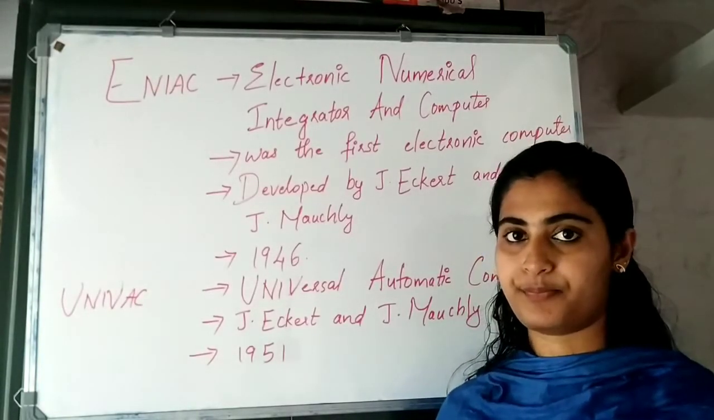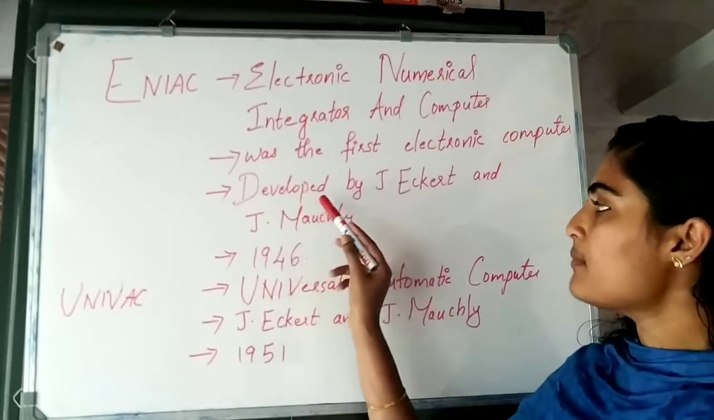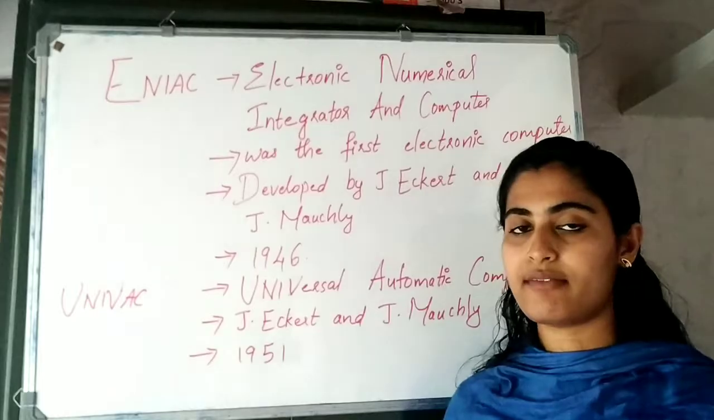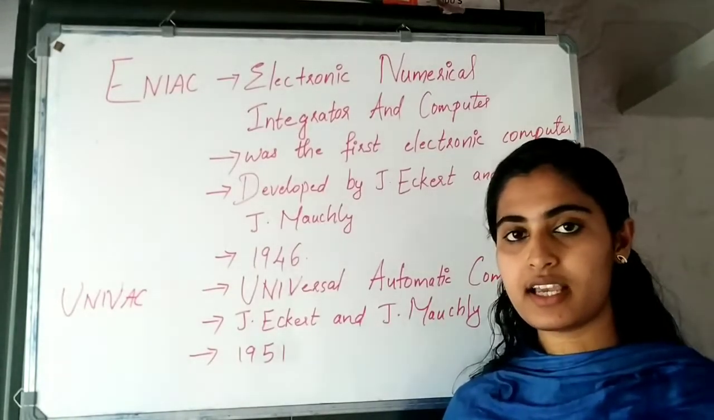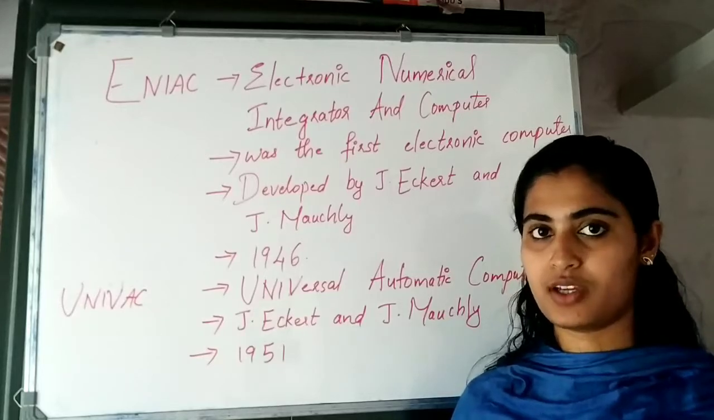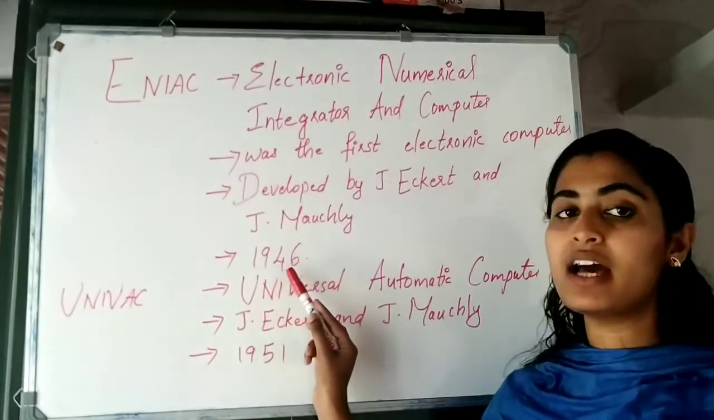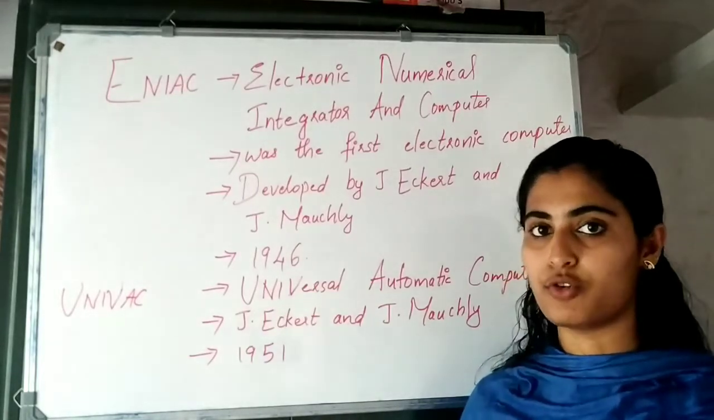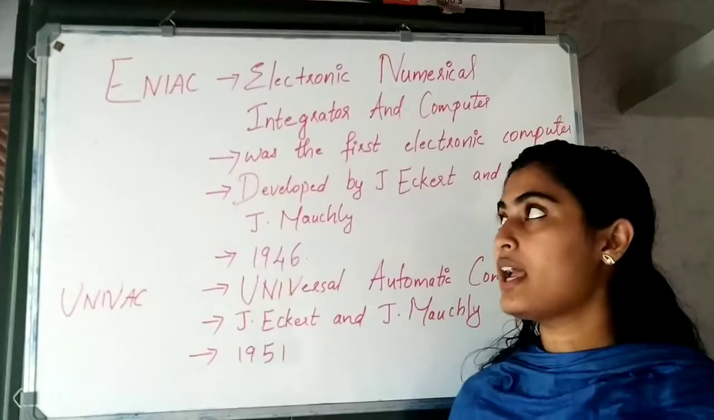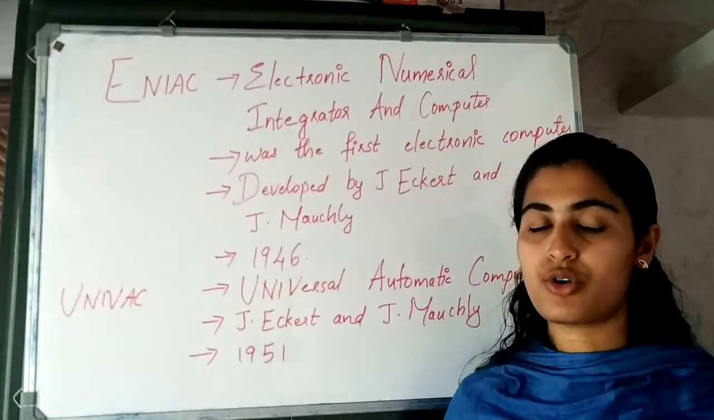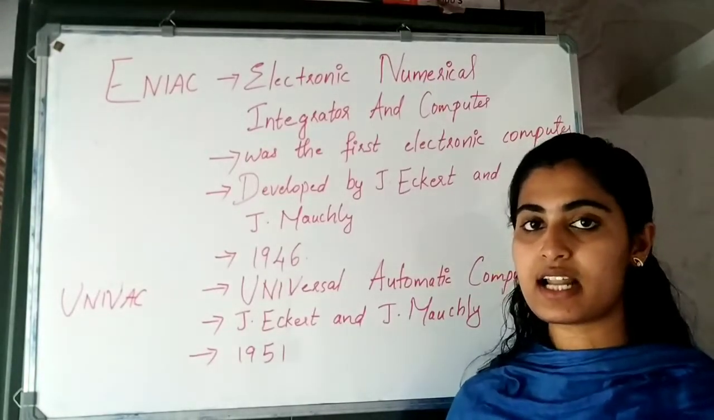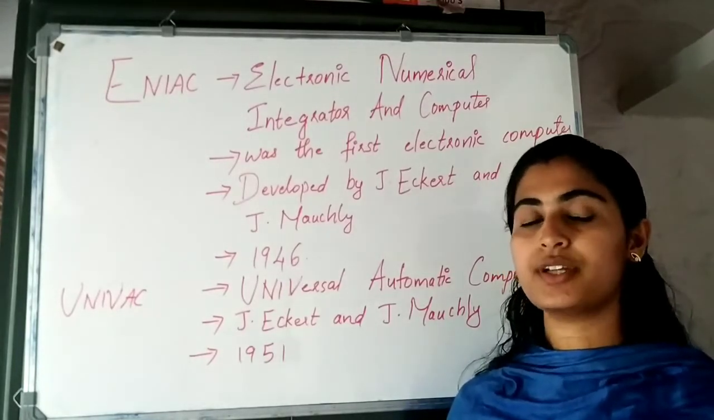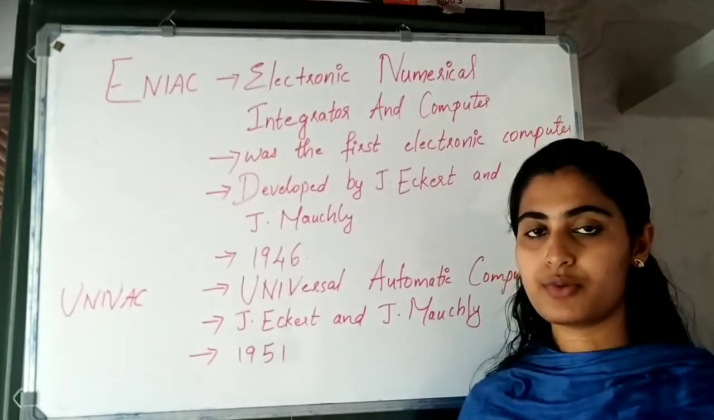This ENIAC. Then it was developed by J. Eckert and J. Muchley. Okay. And it was developed in the year 1946. So ENIAC, the full form is Electronic Numerical Integrator and Computer, and it was the first electronic computer. It was developed in the year